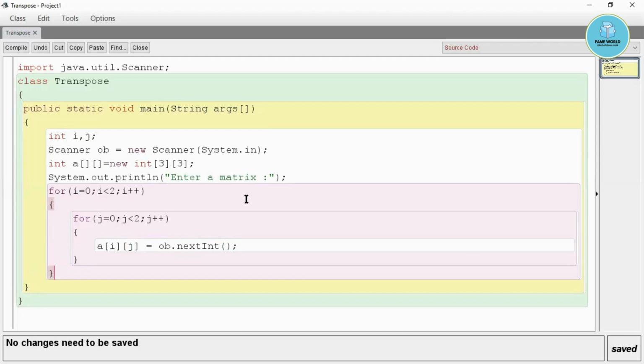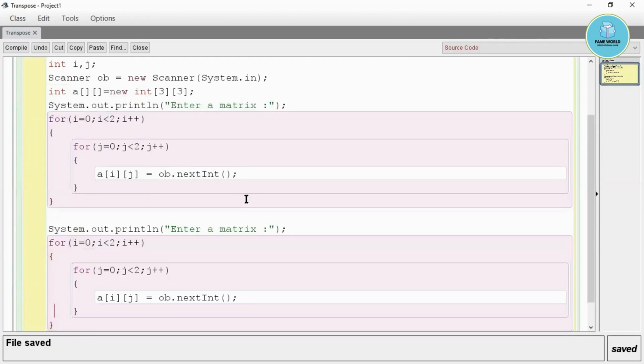As I have told you, whenever you scan, always print it. So I am going to print it, and for that I am going to write a message. I am writing original matrix, because then we have to calculate the transpose. At that time we will write transpose matrix. Okay, the loop should be till 3. Yes, because we are taking 3 by 3. So the loop should be till 3. Okay, here also.